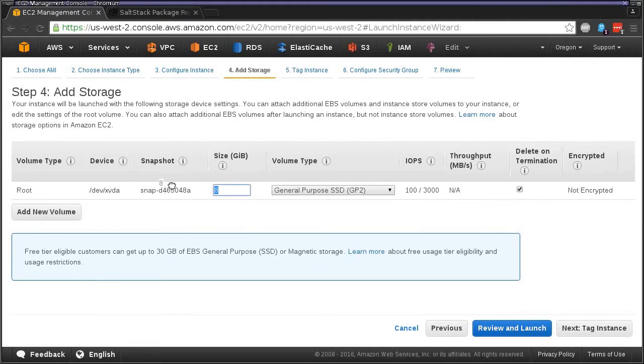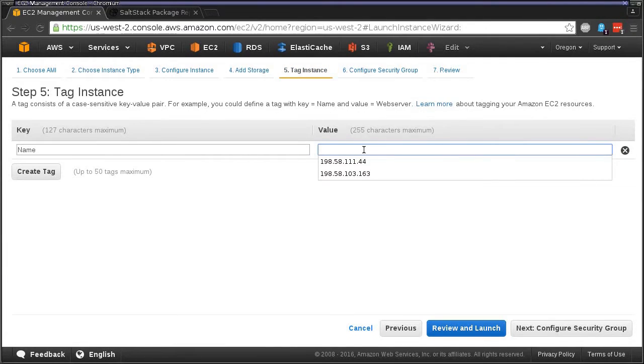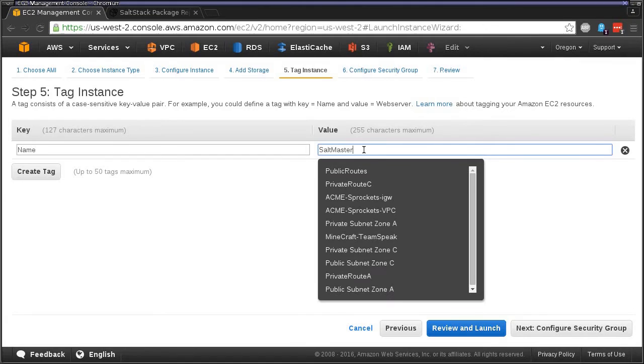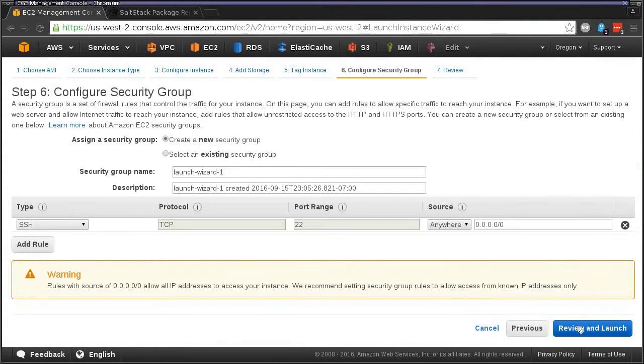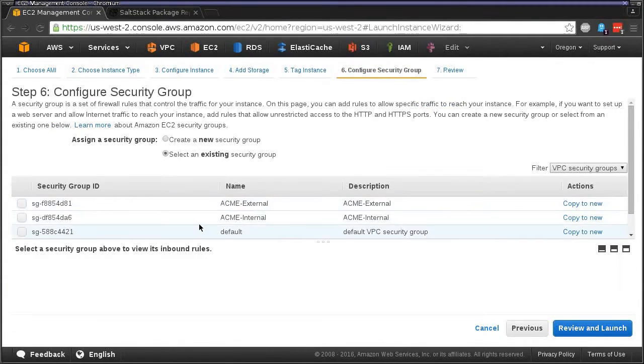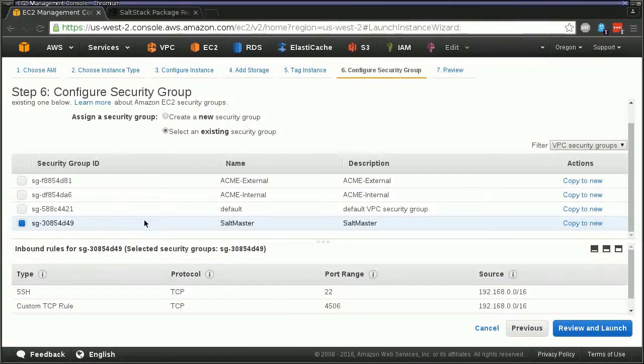Add storage, and for this one, we are actually going to give it 30 gigs, and the reason why is that we'll end up storing miscellaneous configurations and other files and things of that nature on this machine, so you might as well take advantage of the disk. SaltMaster, and we're going to use our existing groups we already created. This is going to be a SaltMaster server,